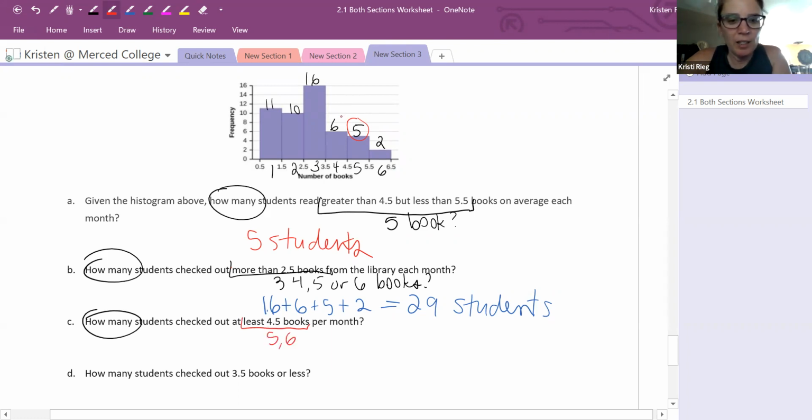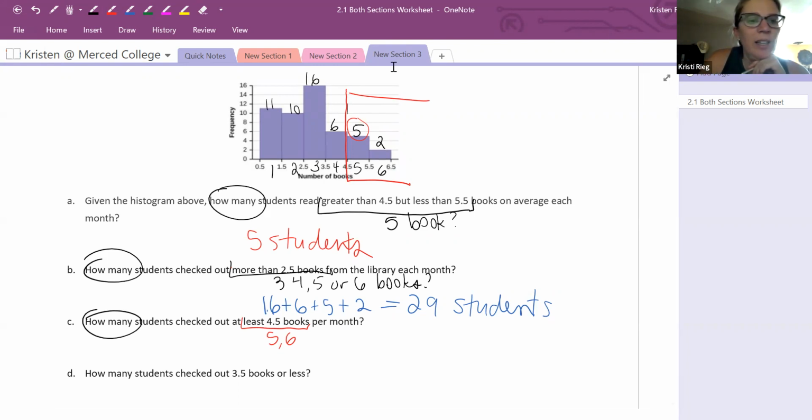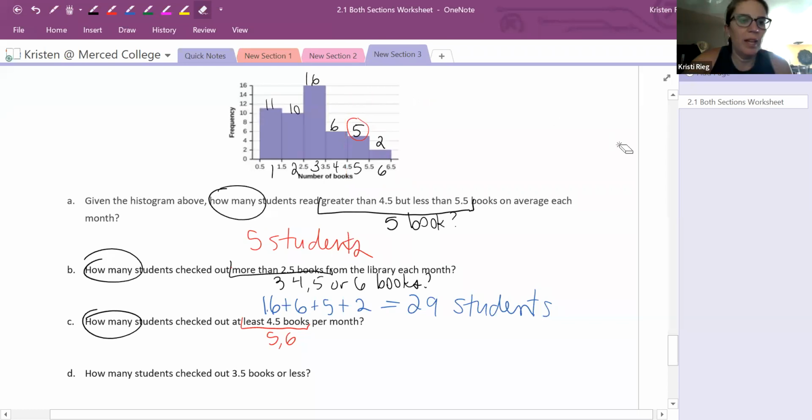Because it's saying here's 4.5. Anything 4.5 and more is going to be our answer. And in this case, 4.5 and more would be 5, or it would be 6. So now that we know that it's 5 or 6 books,